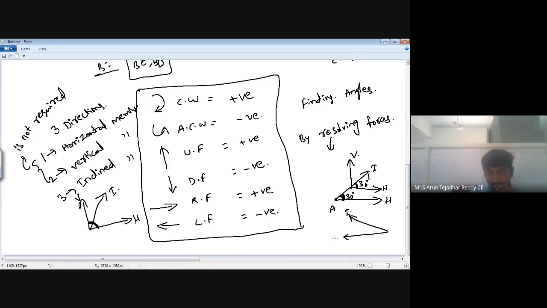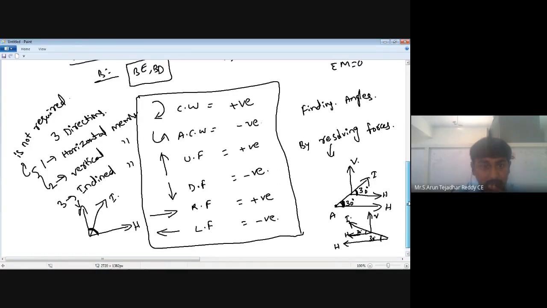This is the inclined member. This is the horizontal member. And suppose your angle here, assume it as 30 degrees. Due to that corresponding angle, this is your 30 degrees, and this is your vertical force, and this is the horizontal. So like that, we have to resolve the forces. Once we enter into the problems, then automatically you will understand with clarity. No problem. So like that, we have to calculate this type of problems.